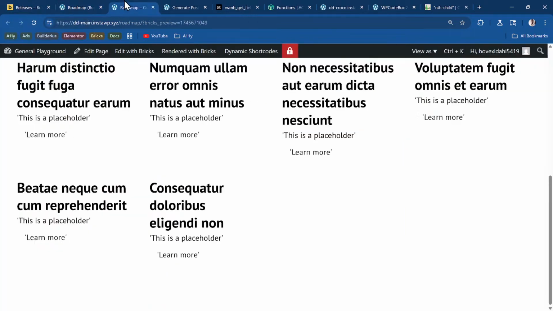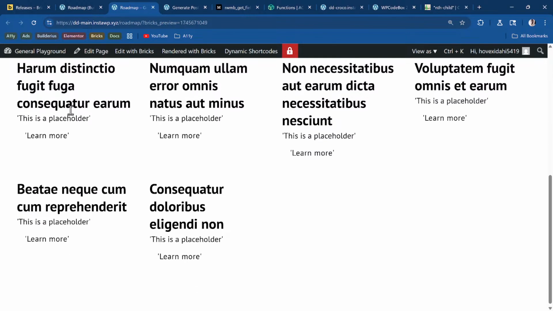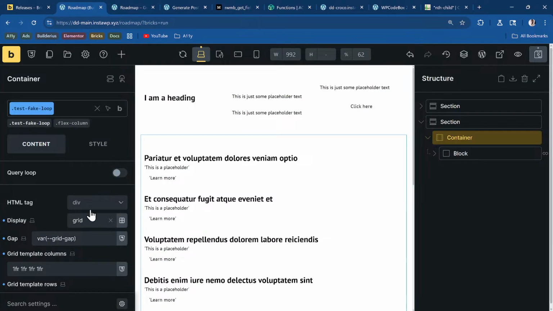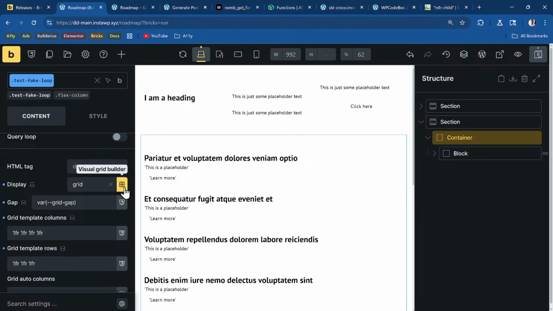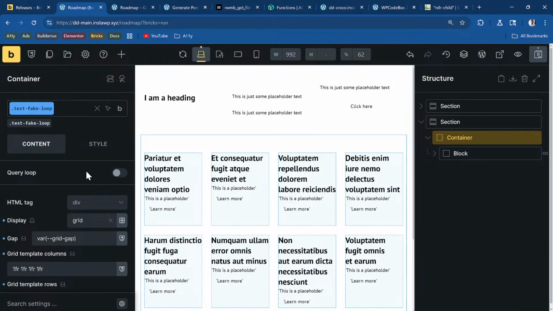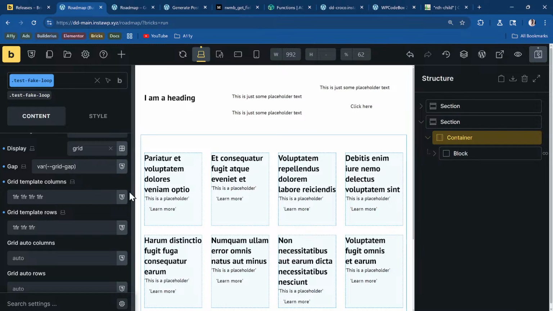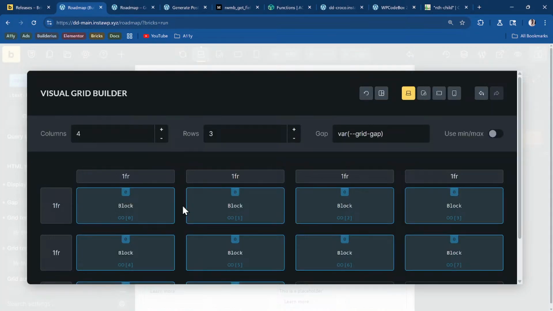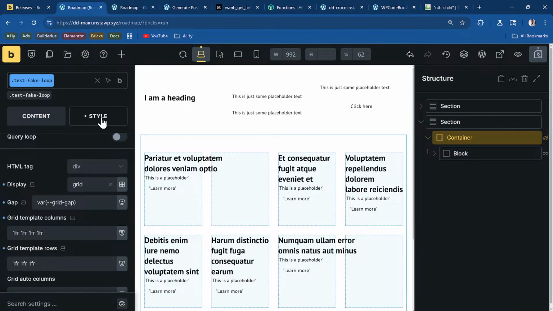Let me see on the front end, how did it do? So if I try to change the grid builder, make sure I delete this flex column. The grid builder, and I move one of the blocks to that way. The other block, move it to 2. Check the style,